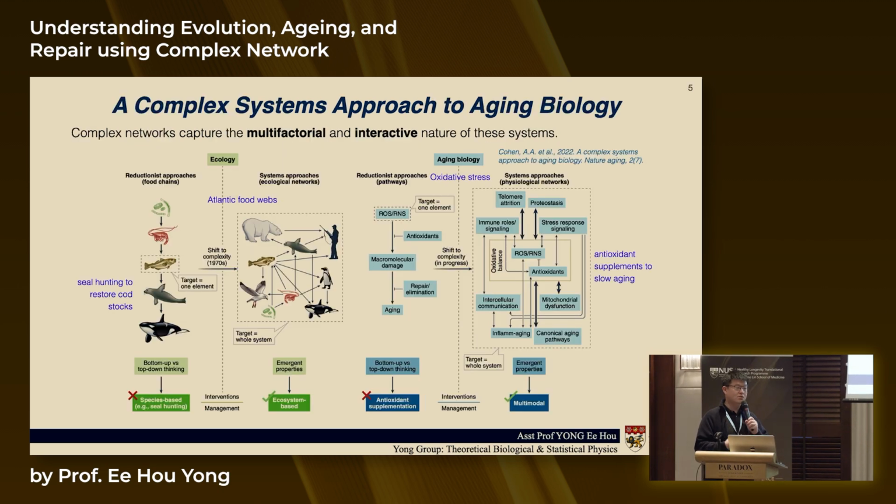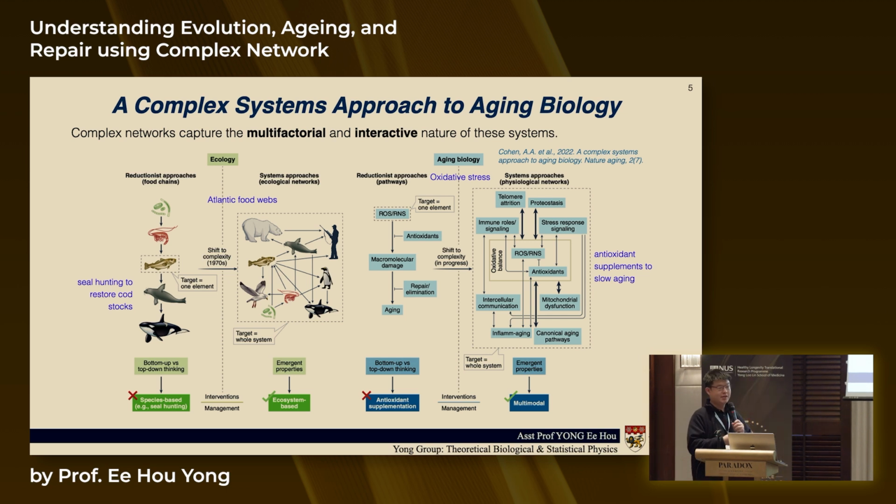The framework that I want to use is complex networks. Why is it relevant? You can see the approach that different fields have used in the past. For example, in ecology, people have been using more of a top-down, bottom-up thinking, where you have a particular pathway and you can describe a particular phenomenon. What we know is that nature is not so simplistic, right? There are many factors involved, and it's actually a multi-factor, multi-pathway, interactive picture, particularly non-linear, right? So it's very rich, and you can expect a lot of interesting things.